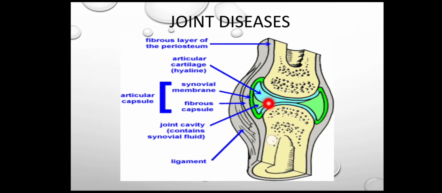This synovial joint space is filled with synovial fluid. Synovial fluid is secreted by the synoviocytes. Basically, the synovial membrane consists of two types of cells. Type A cells, which are nothing but macrophages, and type B, which are the synoviocytes. The synoviocytes secrete hyaluronic acid and various proteins. Synovial fluid is a plasma filtrate containing this hyaluronic acid that acts as a viscous lubricant and provides nutrition to the articular hyaline cartilage.